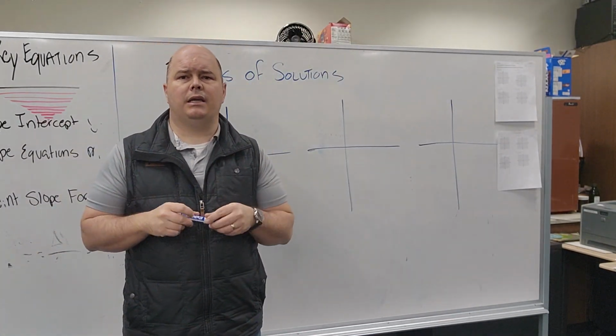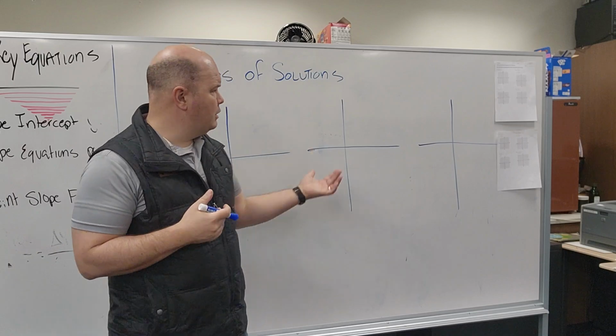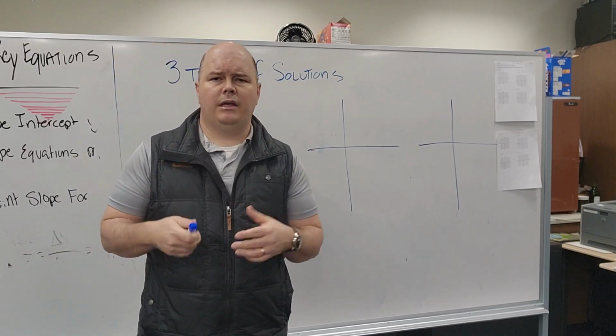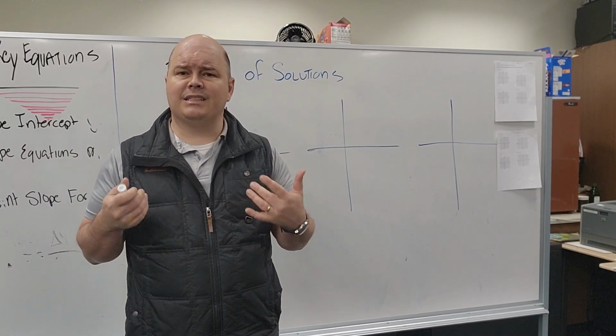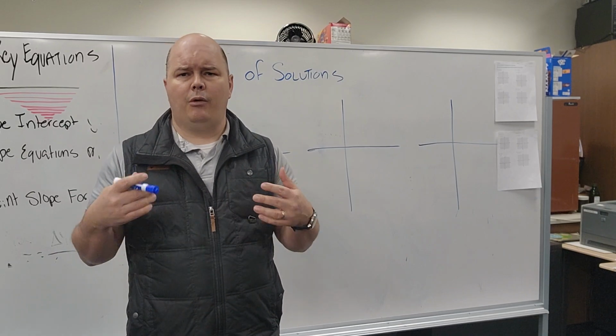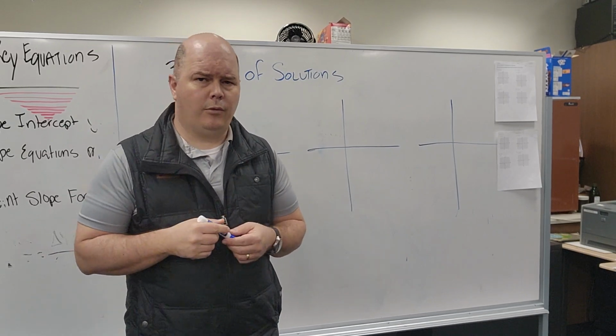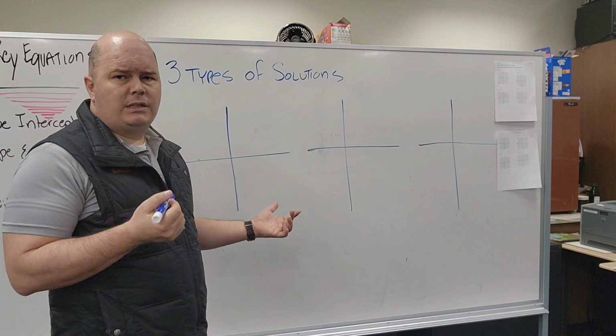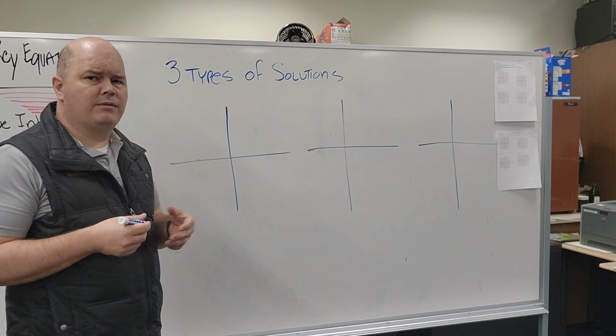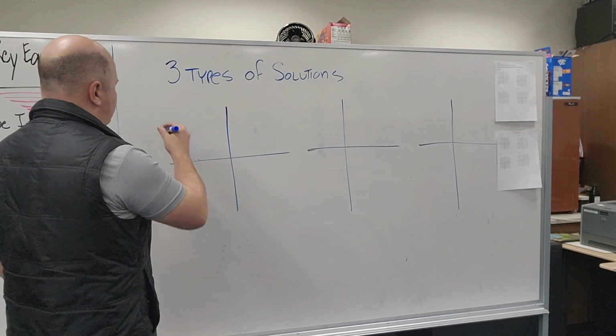I wanted to just take a second to have a video up here to rehash what we were talking about yesterday, and then give you some context and some examples of how we use this when we're using slope-intercept form. So yesterday, basically what we were working towards is there's three types of solutions we can get to. Okay, if there was one solution